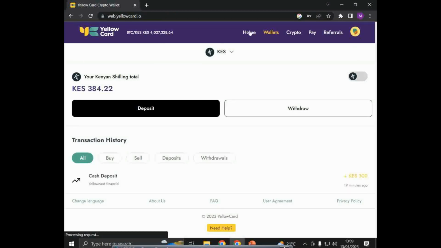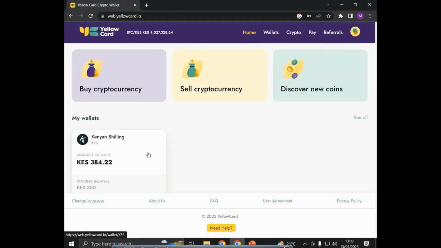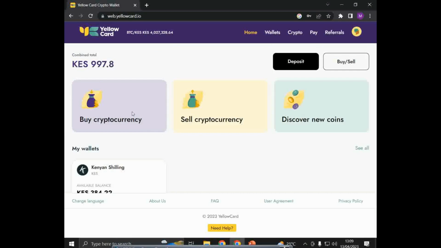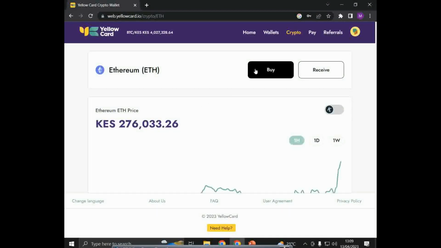Now let me show you how you can use that money to buy another cryptocurrency. So come here to home. You have already seen that we have 34 shillings. If you want to buy another cryptocurrency, let's say Bitcoin or probably Ethereum, let's buy Ethereum. We can come here to buy cryptocurrency and select which cryptocurrency you want to buy. We'll select Ethereum and come here to buy,